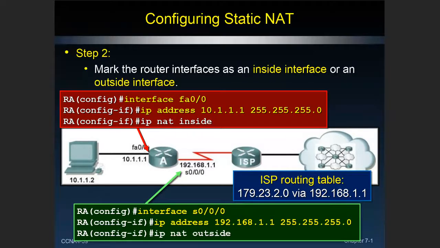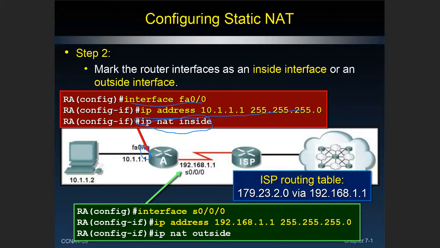So in this case, we go to the Ethernet port, which is our inside port, the default gateway for inside client machines. Of course, we have to say interface FastEthernet or GigabitEthernet, and then give it an IP address. But then we're going to say ip nat inside. This identifies the NAT function. This is the inside network that you're going to translate addresses from to go to the global public internet.